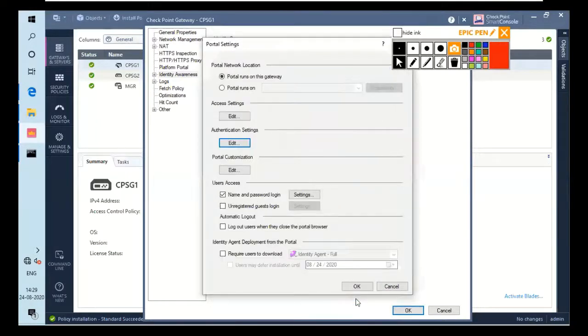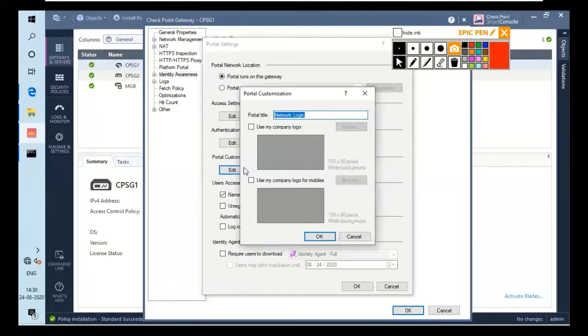The next thing is our portal customization. If you use this web-based captive portal, you use this a lot, because you will have a feature in which you can set your company logo and company logo for mobiles, which means in a small device, what should be shown.